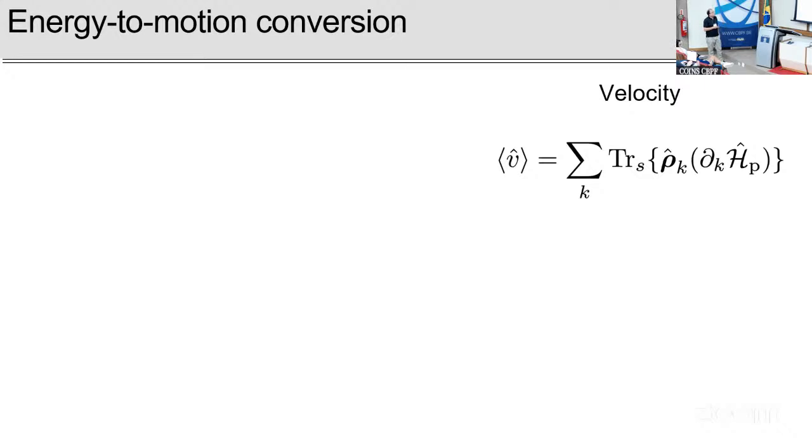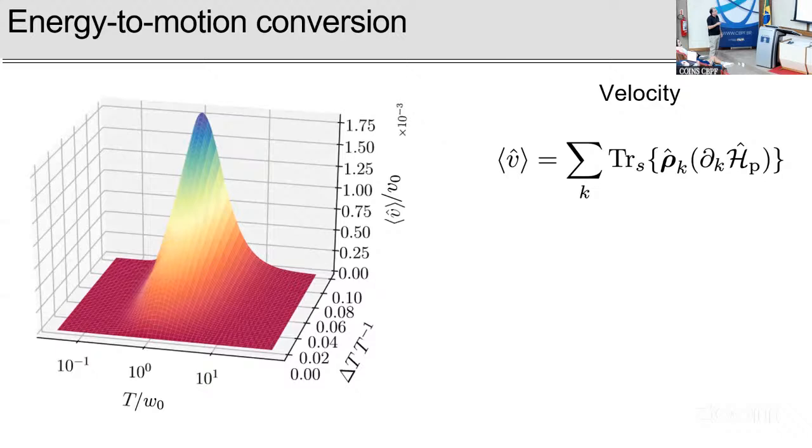So first of all, the velocity. As I said, the average velocity is just given by the operator traced over the density matrix, and so this is the shape that you get. There are small things which depend on the fact that you have a two-level system, but for the rest it's pretty generic.